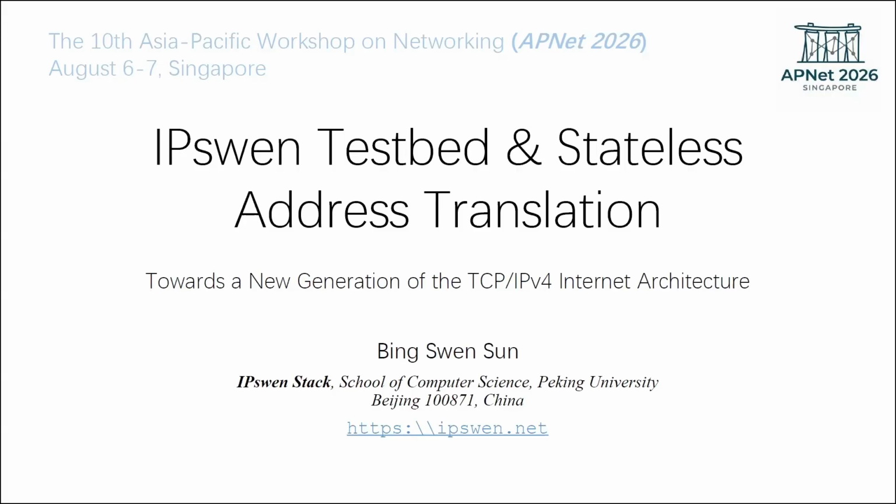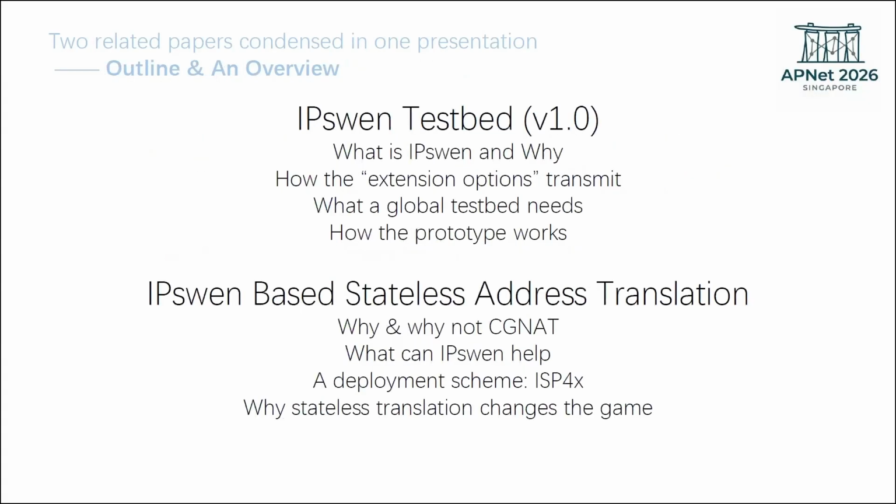Okay, the two papers are about how we scale the old school IPv4 in some useful, meaningful way. First is the action test bed version 1.0, which is about a global test bed and a prototype of how it works. Then at the edge of the internet, when IPv4 packets start, we need some new ways